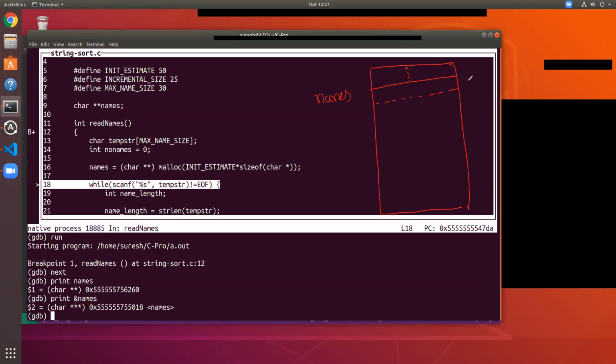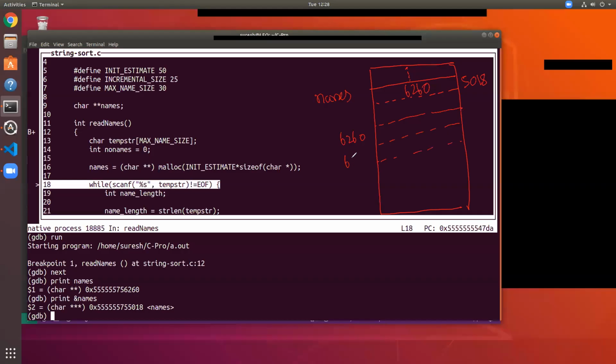The address of names is 5018. Names is 62, and names contains 6260. So 6260 is the address at which some element is present, and